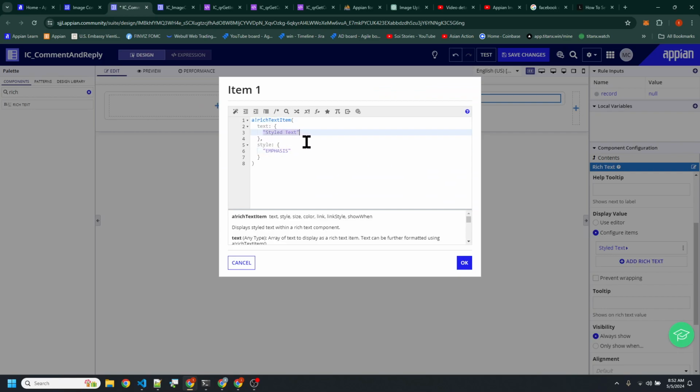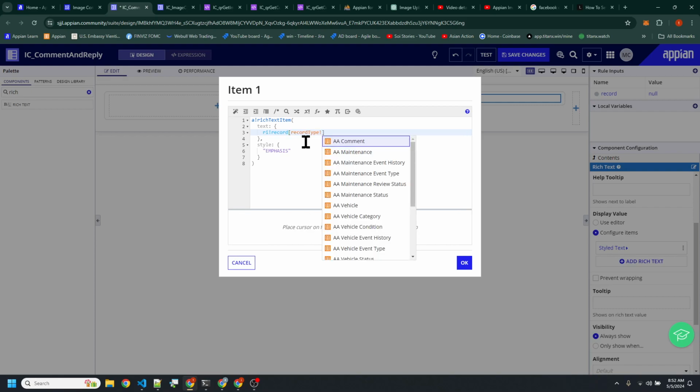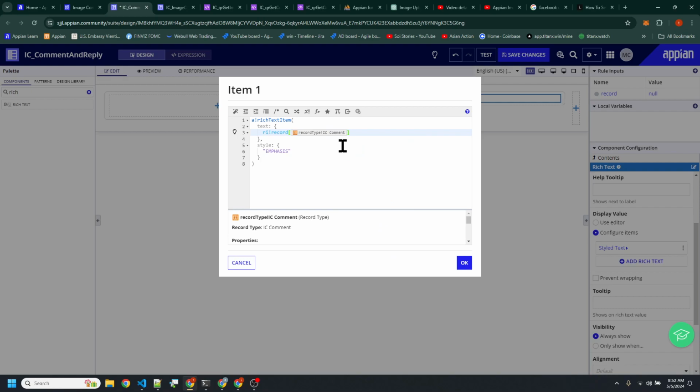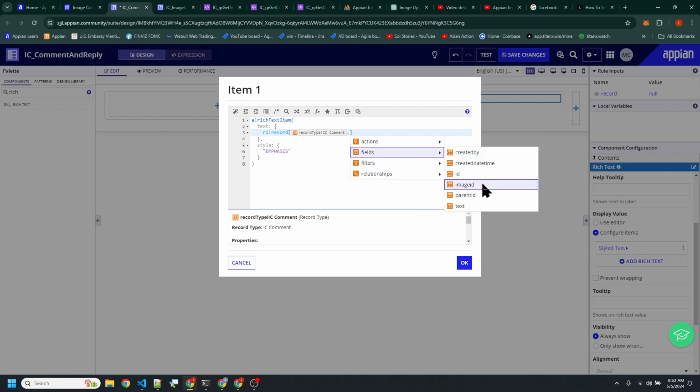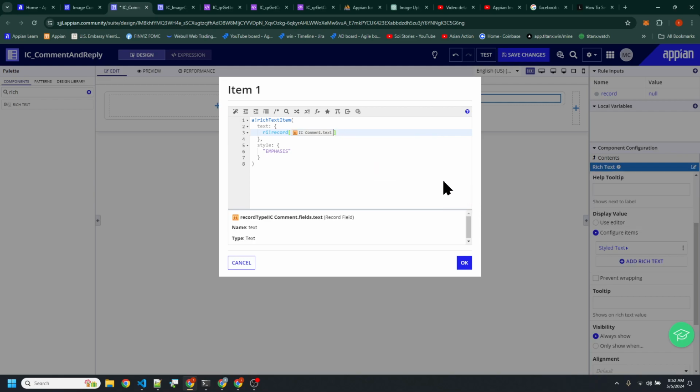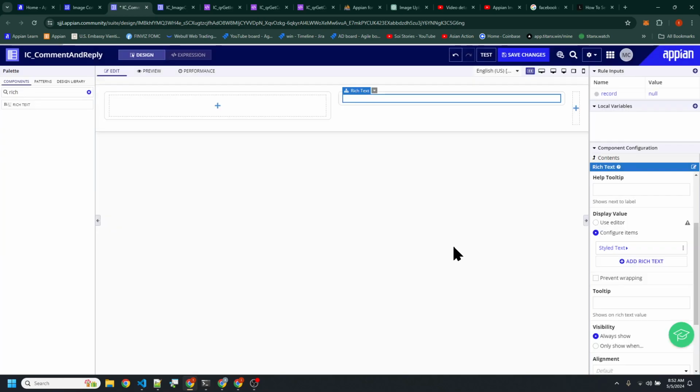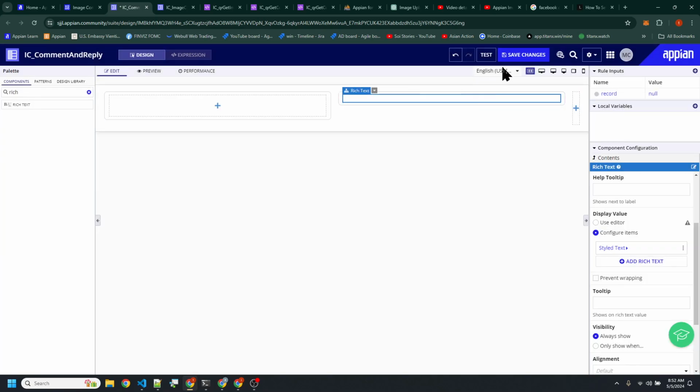So now we're going to do a record, right? And we want to do a record type, and then we want to say IC comment, and then we want to say field, and then we want to say text. This is the text that goes in here, right? So we know that the text will go in here.